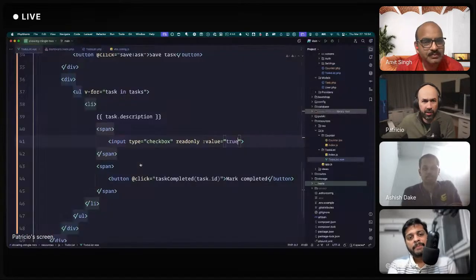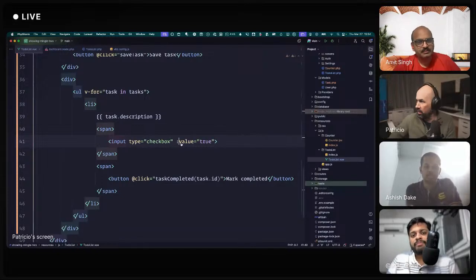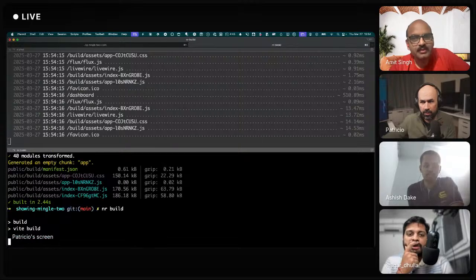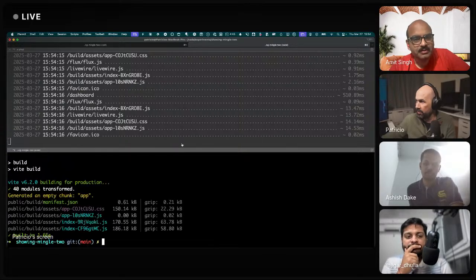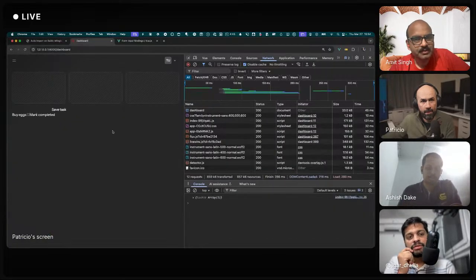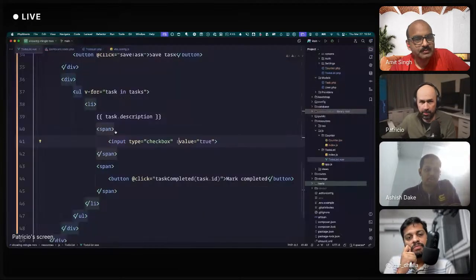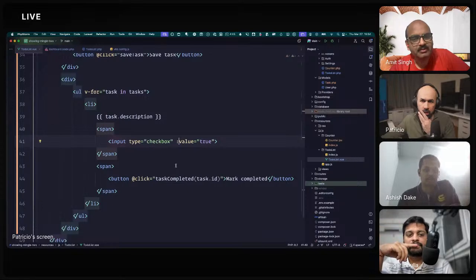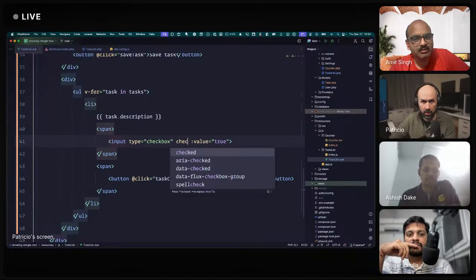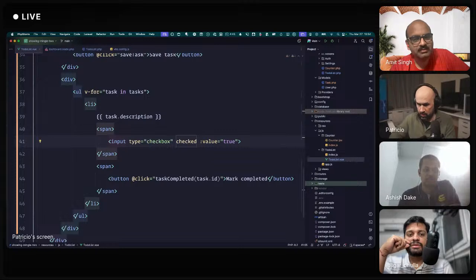Is it because of the readonly or what? I don't know. I think what Amit is saying is, can we try if you put checked as a value, just type checked equal to true. Yeah, go ahead.